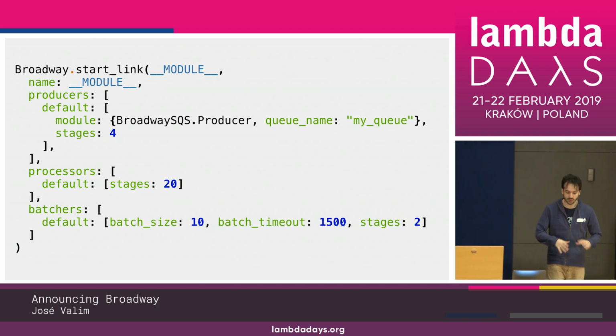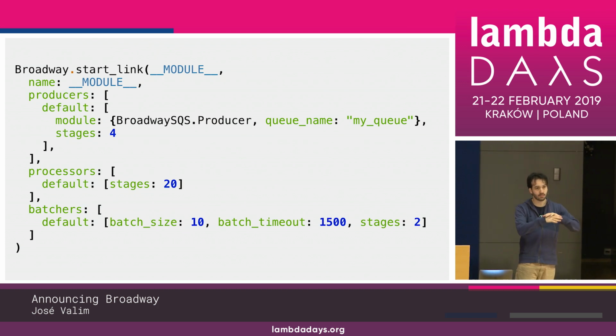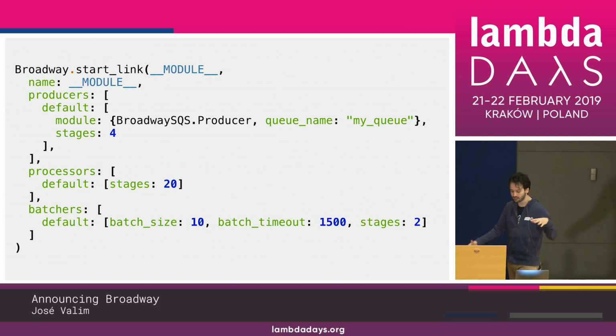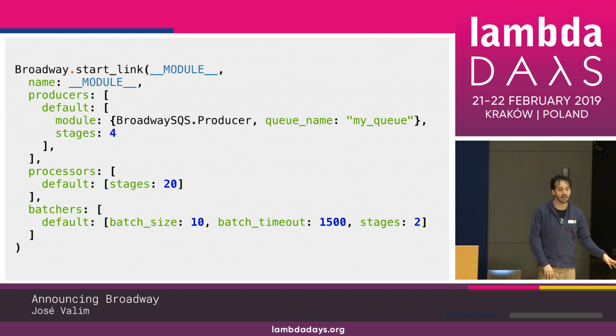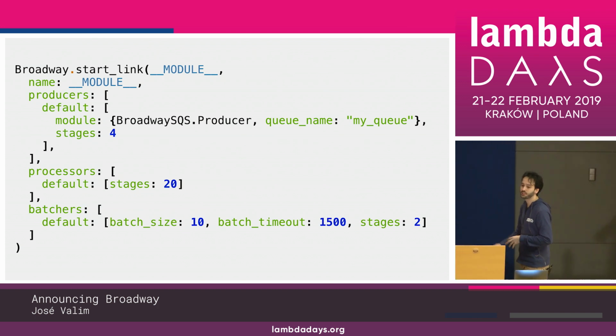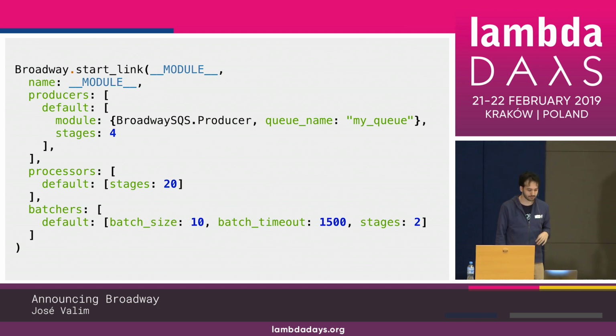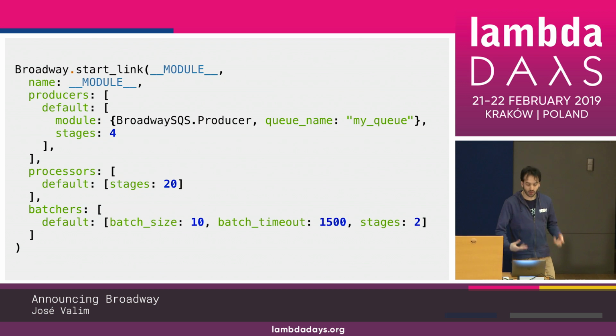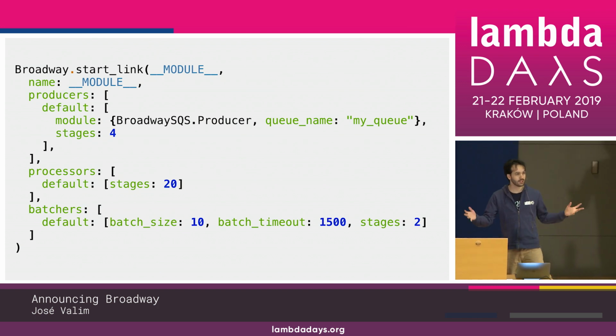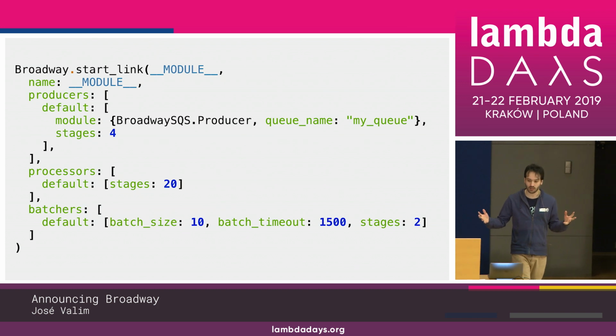Okay, and when you do that, we're going to set up a pipeline that is going to process your events concurrently with back pressure. We provide graceful shutdown, and we have many other features planned down the road. All right. But in order to get to this point where we can have Broadway, there was, as I said, a very long journey. And that's the topic of the talk for today.